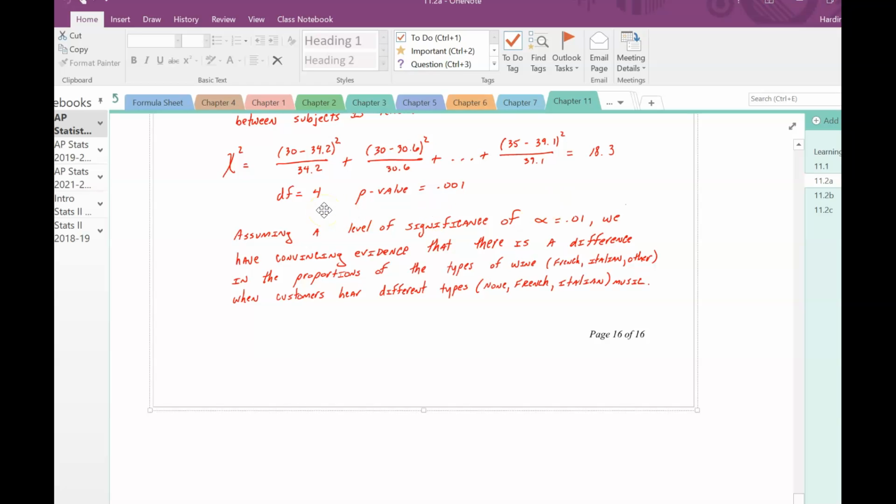So assuming a level of significance of alpha equals 0.01, we have convincing evidence that there is a difference in the proportion of types of wines depending on what type of